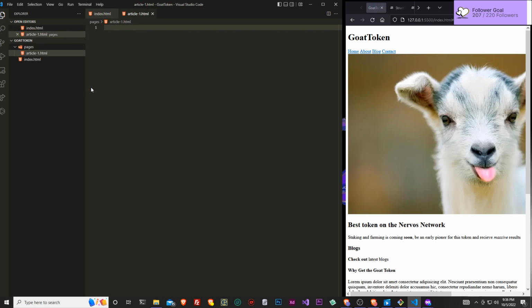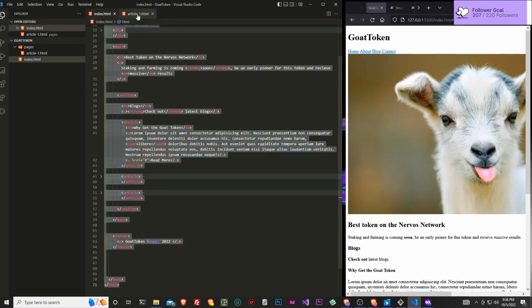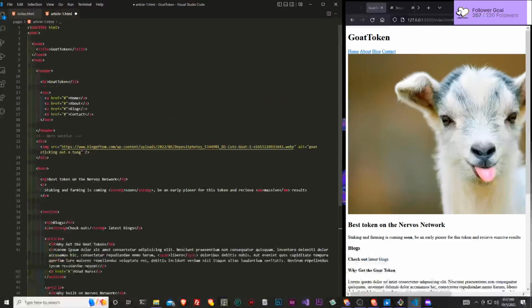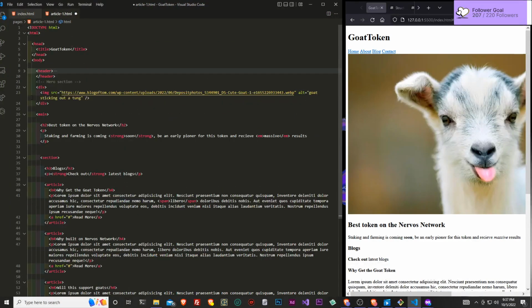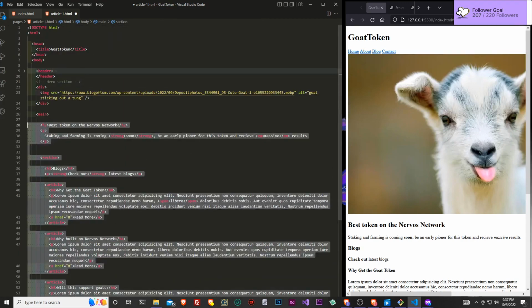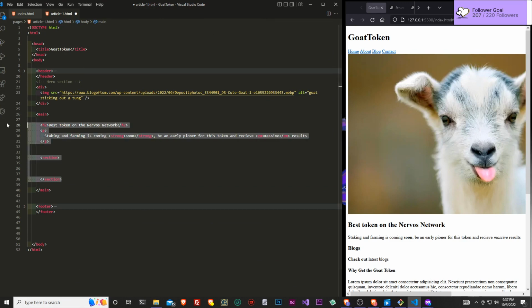And let's do the same thing that we did over here. So basically, let's just copy this and paste it over here. Let's keep this header, let's keep this footer, but let's delete everything that's inside of our main.